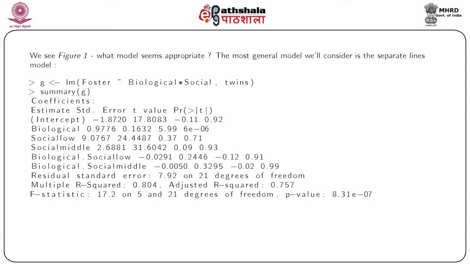First of all, we need to look at the different interpretation of the interaction terms. So we had 3 different levels for the factors, unlike the previous example where there were only 2 levels. So here one level has been used as the benchmark. As we can see here, the high social class was taken as the benchmark, and we have the interaction term between social low, social middle with the biological, with the person who was reared by the biological parents' IQ.